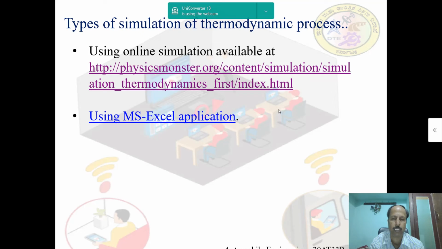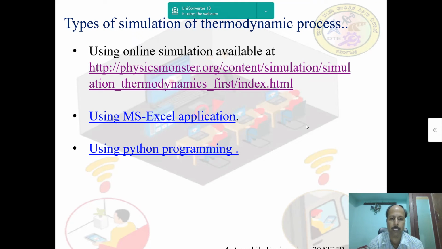If your computer is not connected to the internet, or if there is any internet problem, then you can create your own simulation in MS Excel using the capabilities of Excel in creating formulas and then creating graphs. Using these two capabilities of MS Excel, you can easily create your own simulation of different thermodynamic processes.